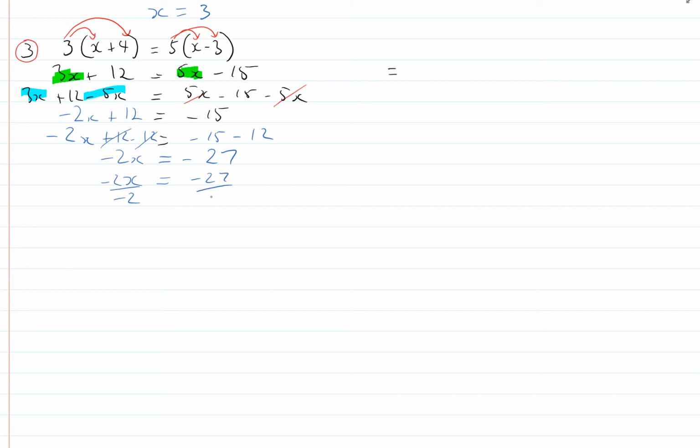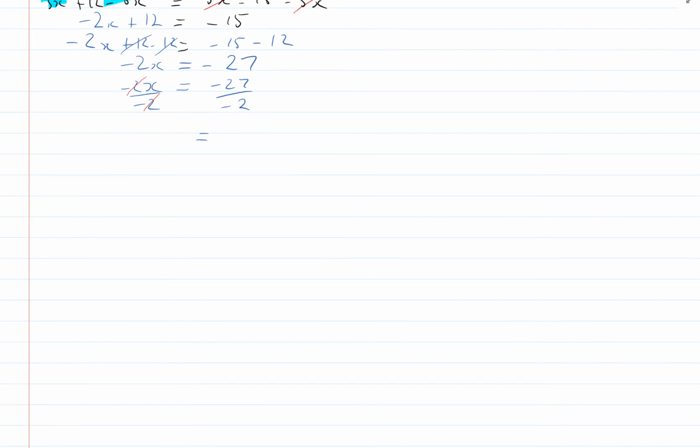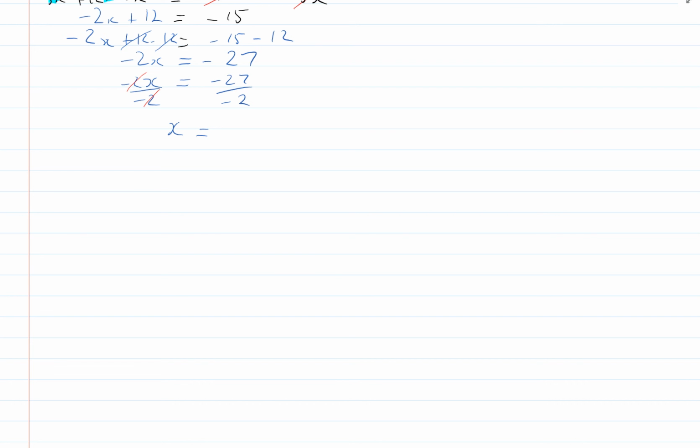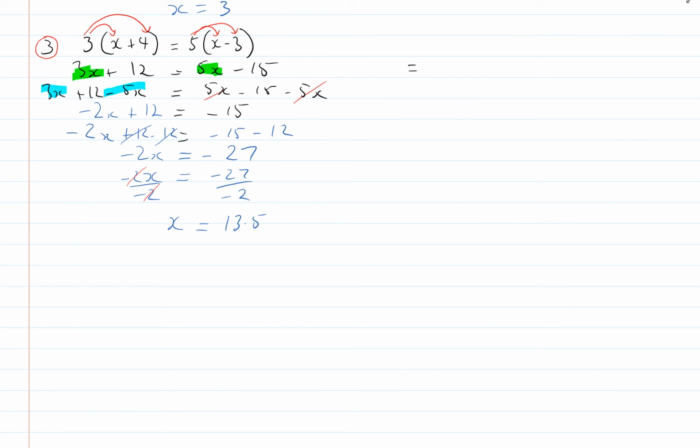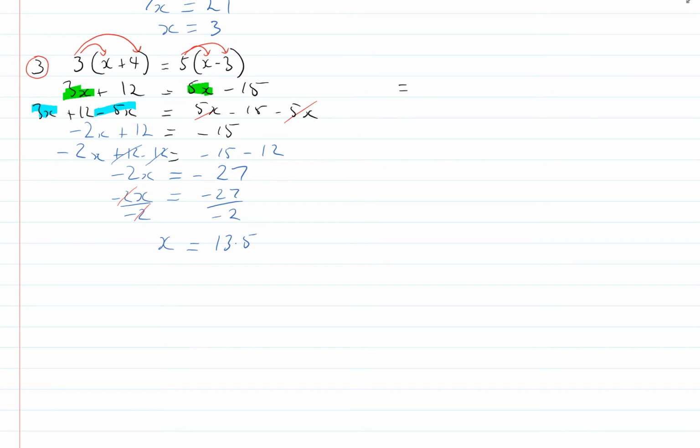Minus 27 divided by minus 2, and these cancel out, and I get left with the x, and a negative divided by a negative is a positive, so I get 13.5. So I could do it that way. The other way that I could do it, because we end up dividing by negatives and things like that, is another way. If I was a bit clever,